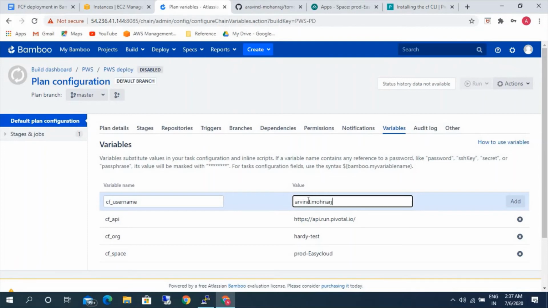So you need to give the username that you have used during your account creation. In case you want to give access to others, you can also create users and give access, or you can create users for this particular CI/CD also.